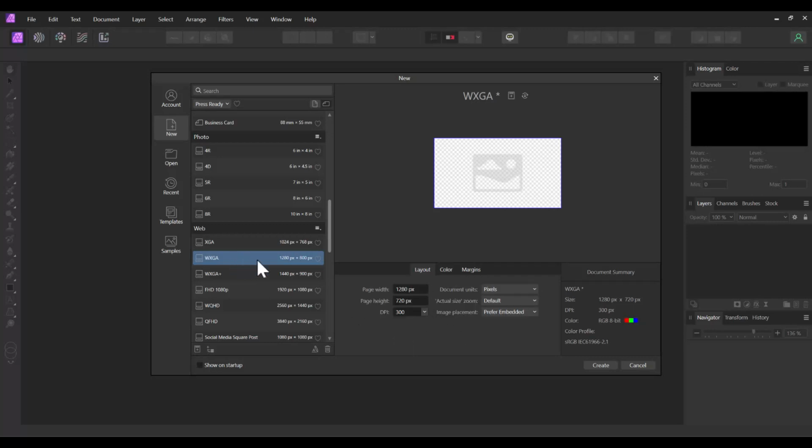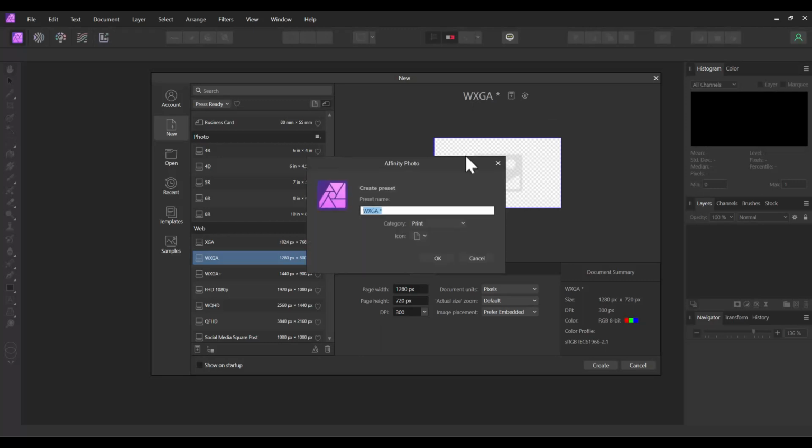Now, because you've changed this, you'll see the WXGA up here has a star. That means it's been modified. I also want to just create a name for this so that I can easily find it later. So I'm going to hit this little plus icon right here next to it, and it's going to pop up